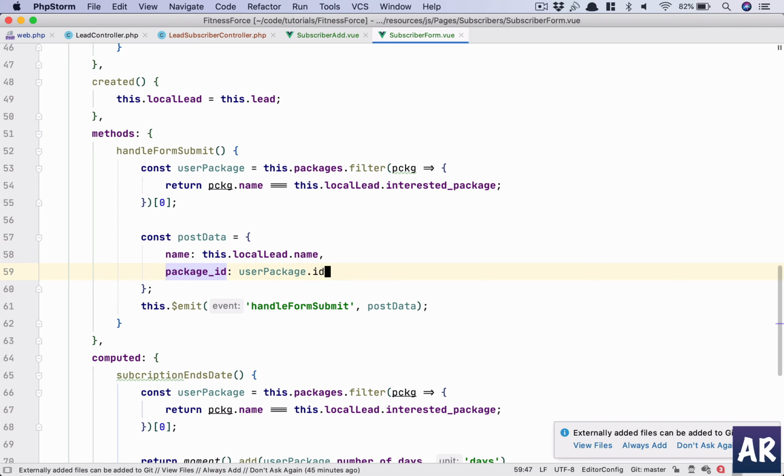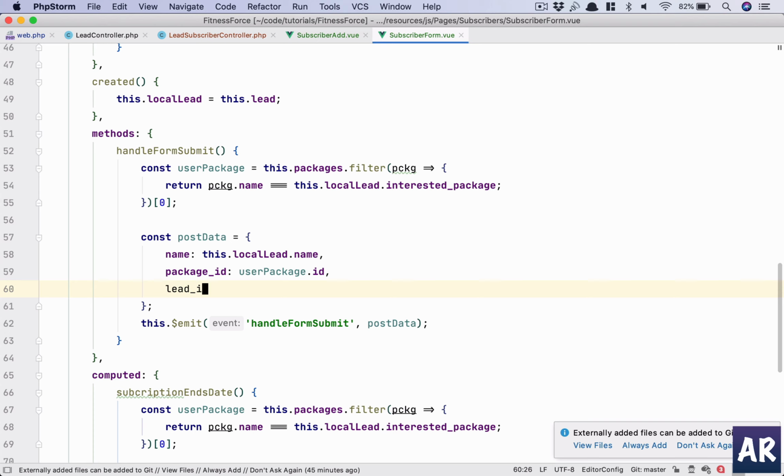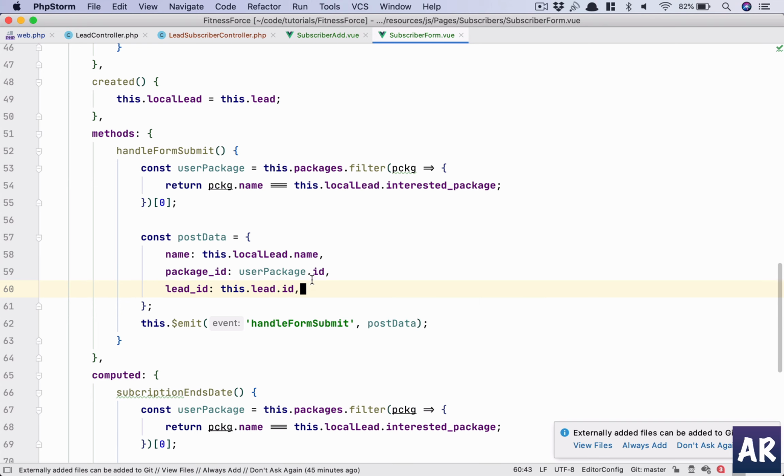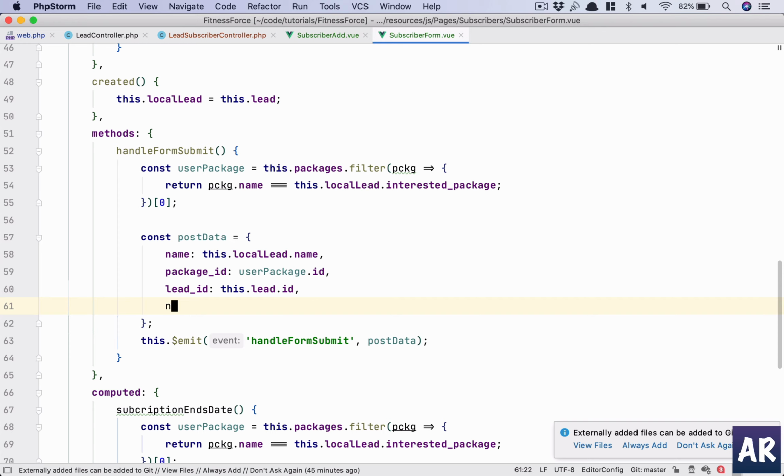Rather, it will be ID because it's the package. Then I have lead ID. Now the lead ID will obviously be this.lead.id, the props which is coming. Okay, renewal date is going to be this